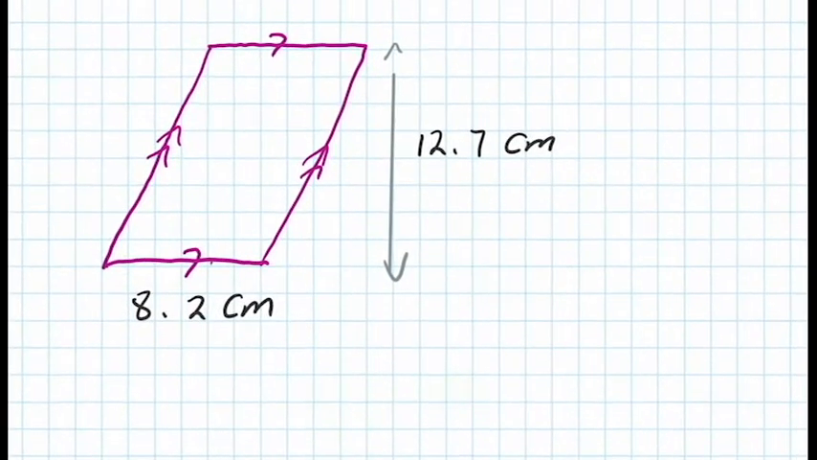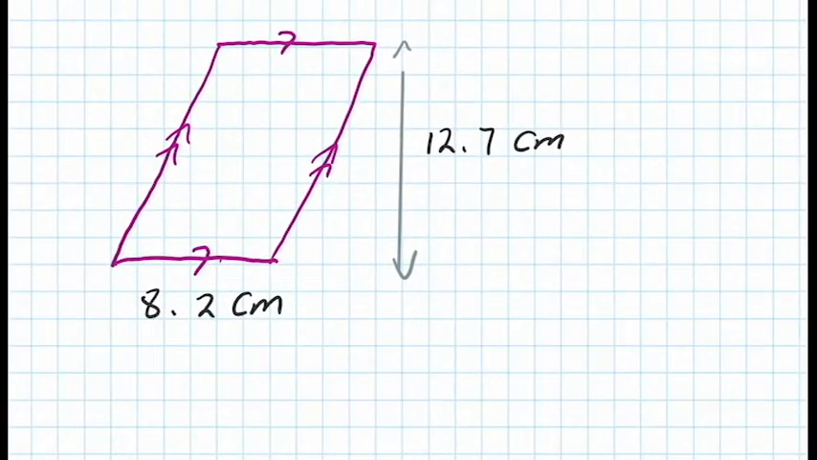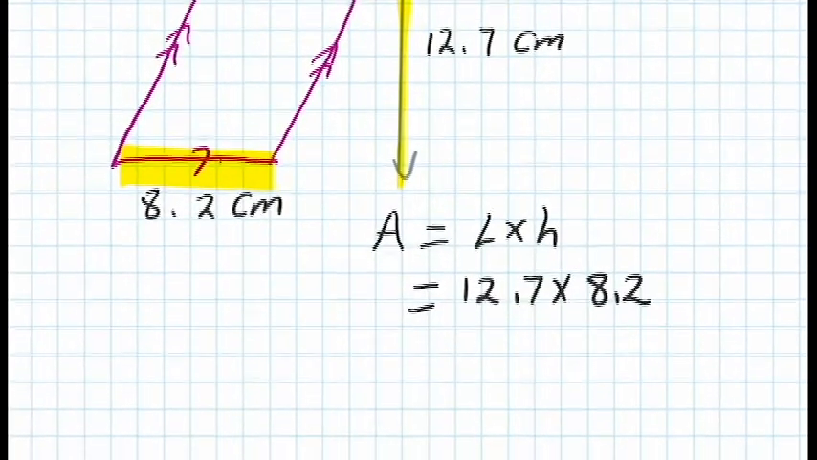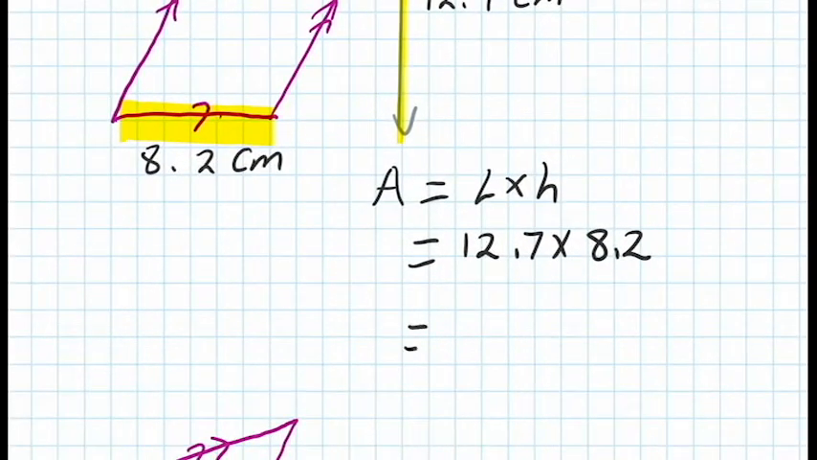Now look at this one. You can see that the base is this, and then the height is this, or in other words, these two lines are perpendicular. So the area A is equal to L times H, which is 12.7 times 8.2. I just moved it up, sorry, I ran out of space. So which is equal to